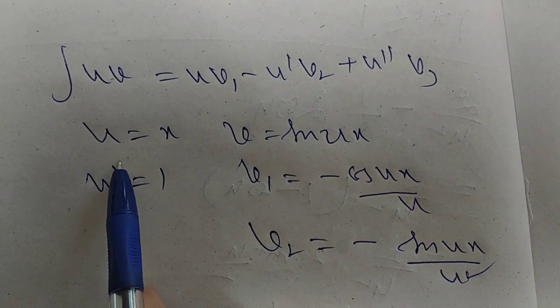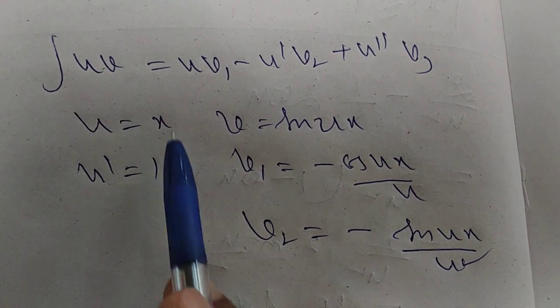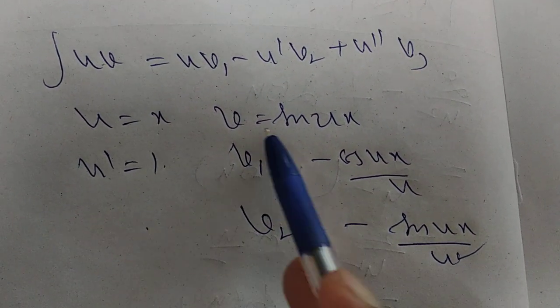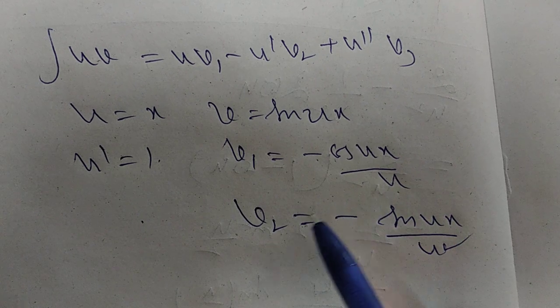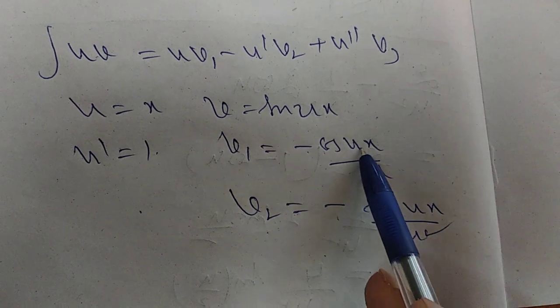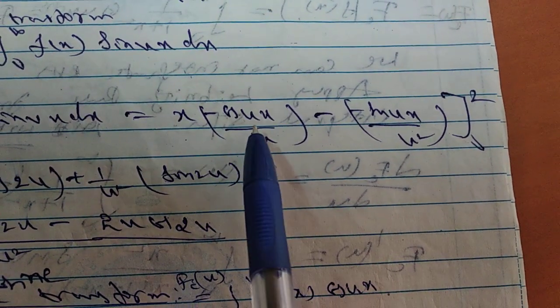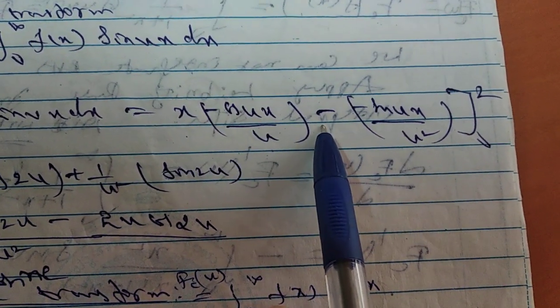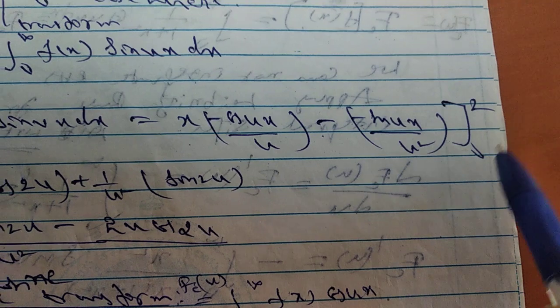Here you have to choose u is equal to x and v is equal to sin(ux). Why choose u is equal to x? After differentiation of x it becomes 1, then it becomes constant. Similarly, you integrate sin(ux) to get minus cos(ux) divided by u. And once again you integrate to get v2, which is minus, so cos(ux) integration is sin(ux) divided by u squared. Apply this to get the values: x into minus cos(ux) by u, minus u' which is 1 into minus sin(ux) divided by u squared, in the interval 0 to 2.